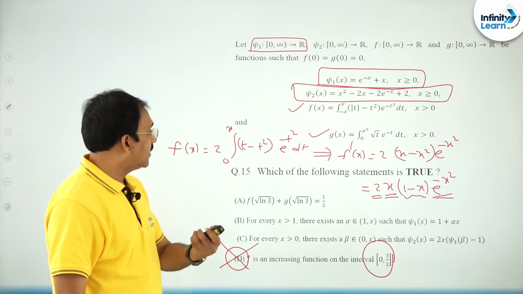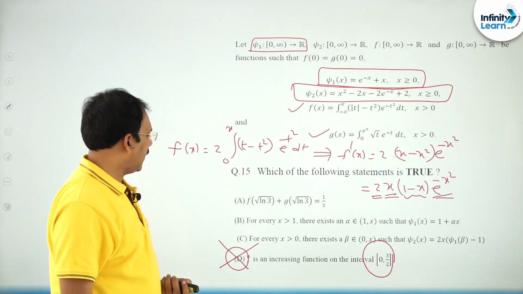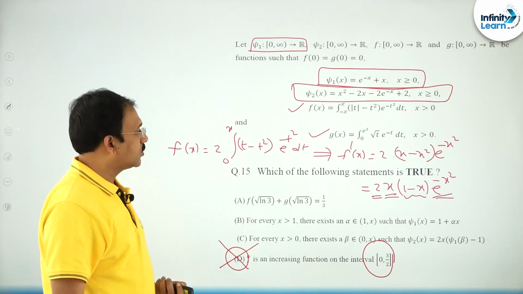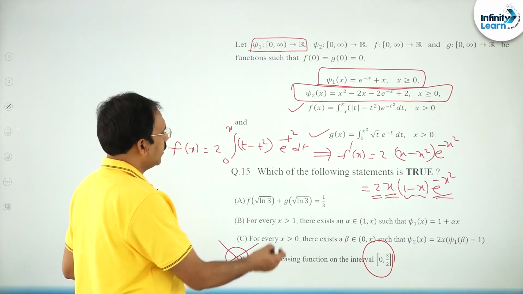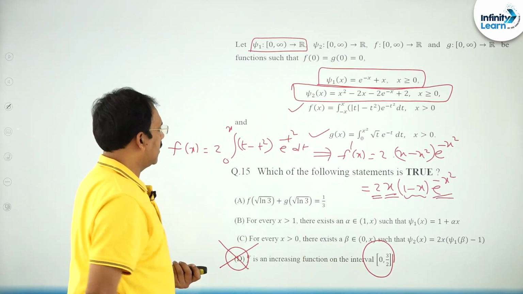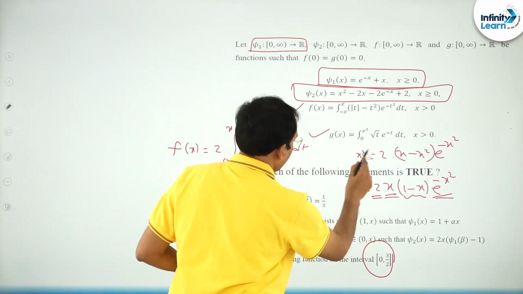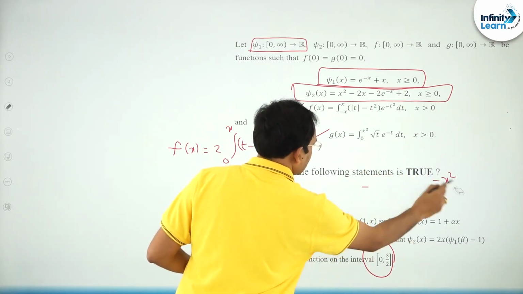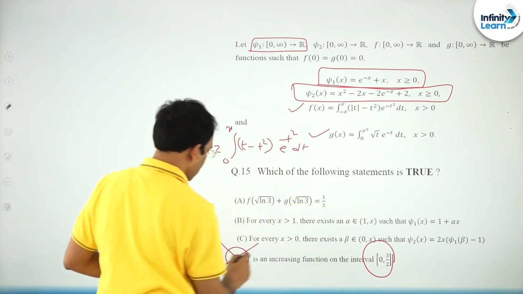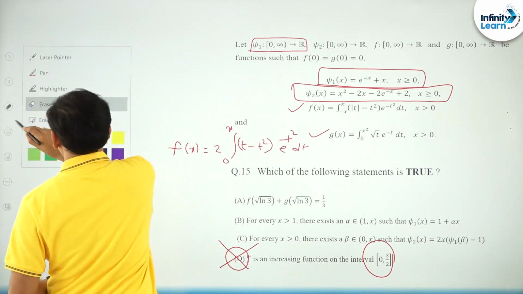Clear. Then next, friends, we shall check option A first. For that, you just keep f of x, since f of x is required now. Let us put f dash x aside, because I just want to check f of x plus g of x at some particular number like root of log 3.